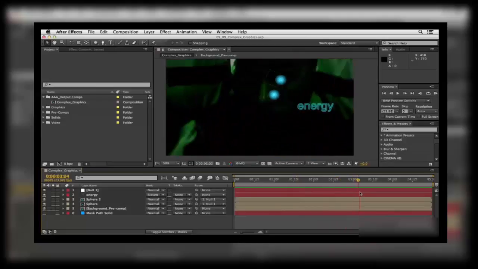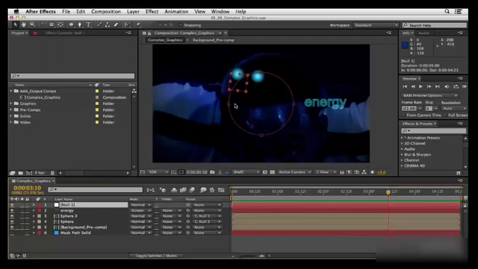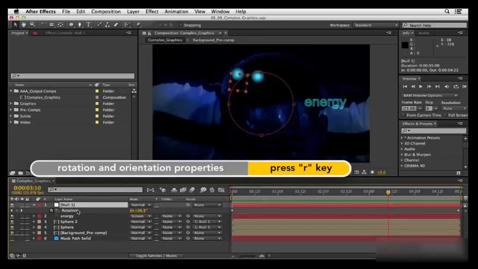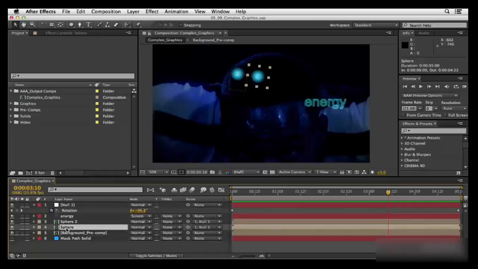moving around. But just so you can see things more clearly, let me go ahead and select layer 1, and you can see clearly there's our null object, and you can see its motion path is a perfect circle. Now if you press R, it has rotation, and that's what's actually causing these two spheres to move around. If you look in the parent column, you can see sphere 2 and sphere 1 are both children of the